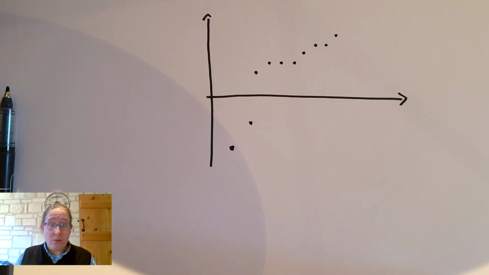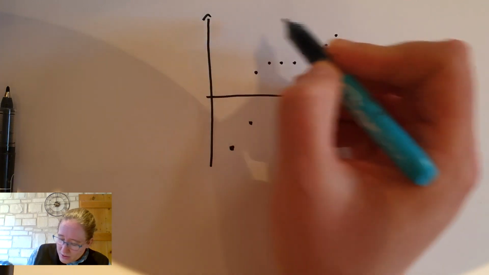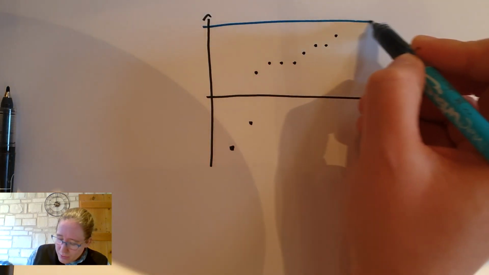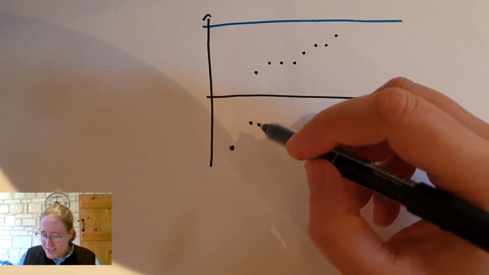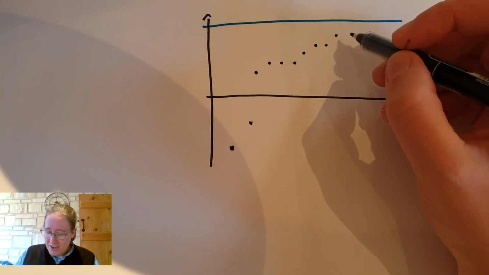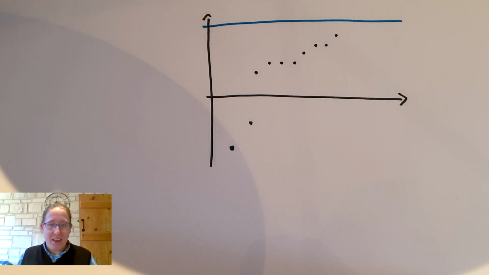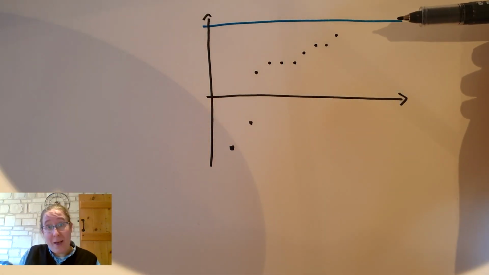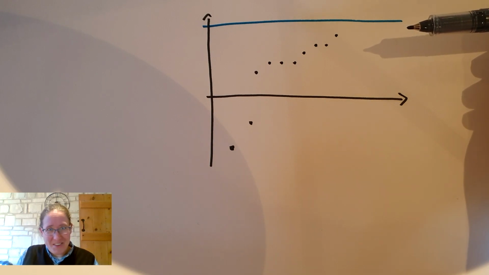Suppose I know that this sequence has an upper bound. So I'm going to draw an upper bound with a horizontal line in blue. Maybe this is an upper bound. What does this mean? Well, my sequence is increasing, but it can't go above this blue line. So I'm going to have to kind of keep squeezing these terms in somehow. And if you think about it a bit, I think it becomes quite natural to make the conjecture that an increasing sequence that's bounded above must converge. And that's going to be our next result.